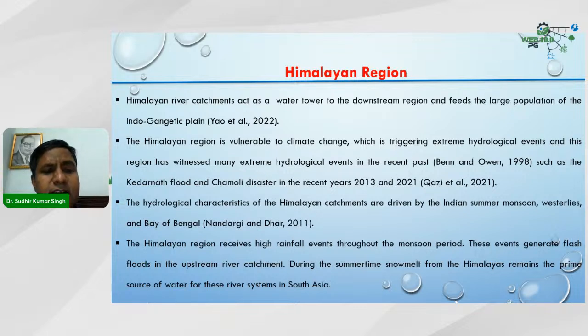The Himalayan region receives high rainfall events throughout the monsoon period. In the Himalayas we receive more than 2000 mm annual average rainfall. And these events generate flash floods in the upstream river catchment, while during the summer, snow melt from the Himalayas remains the prime source of water. So as I told you,